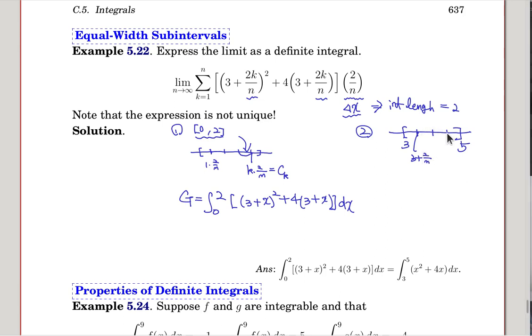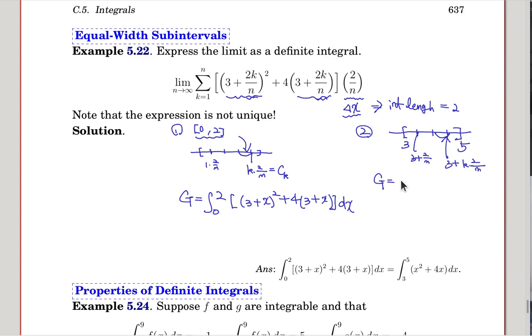In general, for the kth subinterval, the right end point must be 3 plus k times 2 over n, right? So in this case, this whole thing is basically the ck, so that the given term, the limit